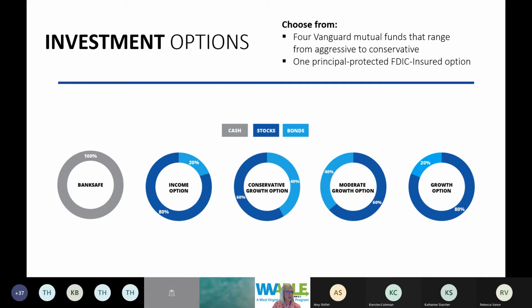And then, as you see on this slide, your investment options for WVABLE Stable account include the bank safe option. So just like a savings account, the earnings are very low, but it is a 100% FDIC insured option in which the principal is protected. And then there are 4 Vanguard mutual fund options that range from aggressive to conservative. So at the savings and investment page under performance, you will actually see a link to a document where you can view past and current investment performances across all 5 options. And then the reminder, the benefit of the 529A account is that you do not pay taxes on the earnings portion of the investments.